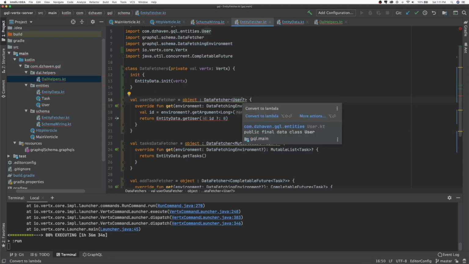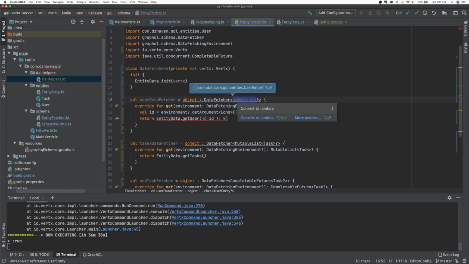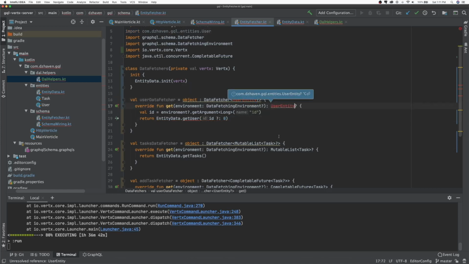And the reason why we're going to do that is so that we can get back into standard Java promises, futures, callback land, since ultimately vertx is written in Java. So in order to do that,